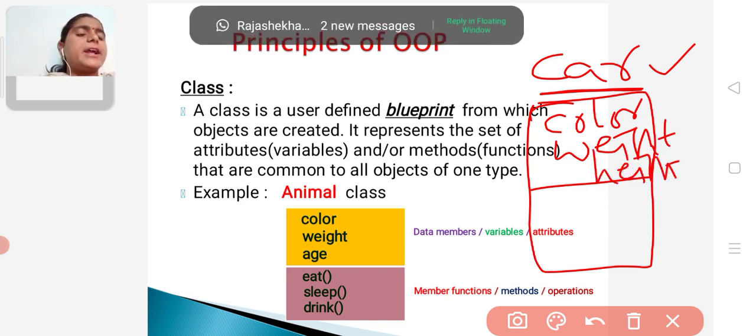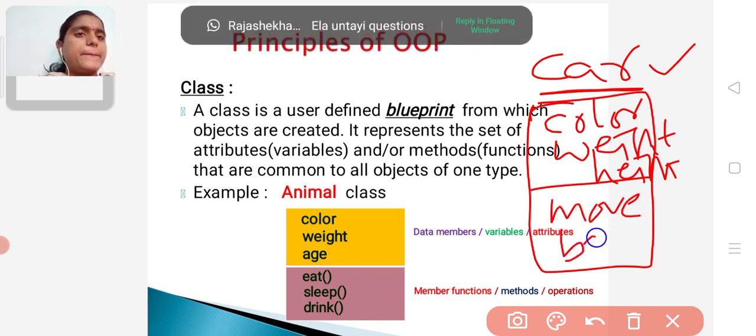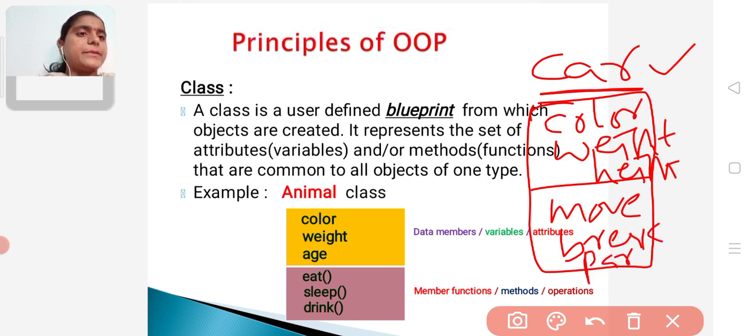And every car can perform some operations like move, brake and park. So every class contains attributes and operations combined. This is about class, and it is a blueprint for an object.